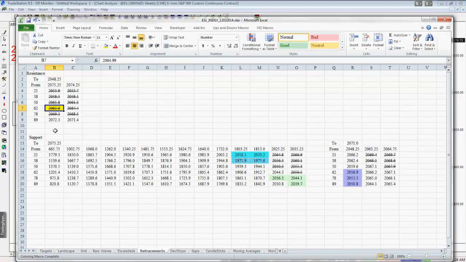If we close back below it on the day, 2065 is still going to be key. If the E-mini is going to continue to move up in a significant manner in the near term, I think the week's going to need to close above at least 2065, not even just at 2050, but I'd really like to see it close above 2065. If that's the case, I'm pretty confident in buying this market